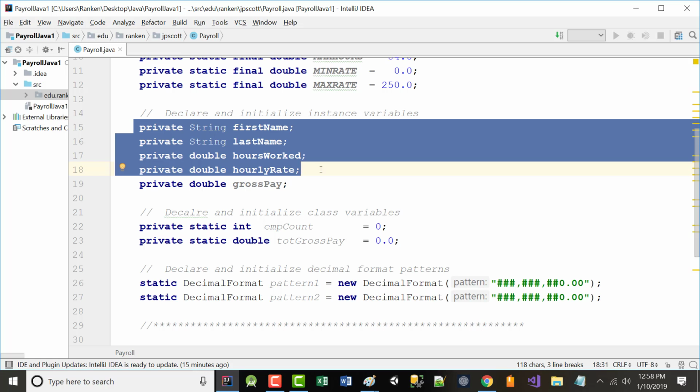So we're about to write accessor methods for these, which means we're going to write a set first name, a set last name, a set hours worked, and a set hourly rate. Then we're going to write a get first name, a get last name, a get hours worked, and a get hourly rate. We talked about these in earlier classes, but just to remind you again,